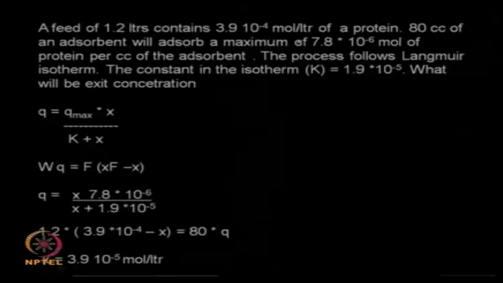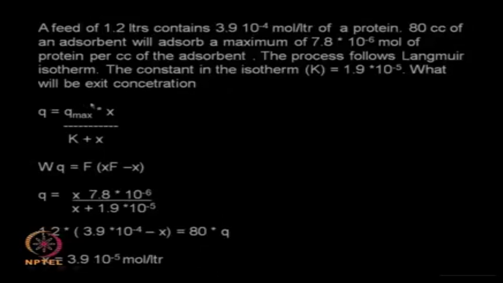One is called the maximum adsorption, that is the Q max, which is given here as 7.8 into 10 power minus 6, and then we have the constant which comes in the denominator of the equation. So both are given. Now we are adding a feed of 1.2 liters which contains a protein of certain concentration, moles per liter of the protein. Now you are adding 80 cc of an adsorbent, and the goal is to adsorb as much of the protein as possible, and as I said it follows a